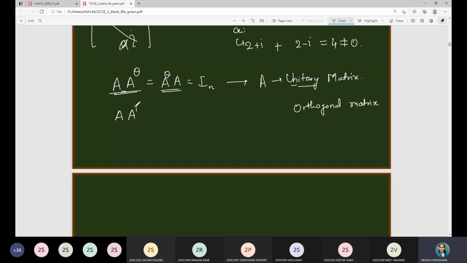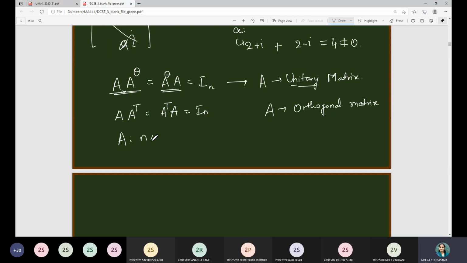And similar to that, suppose A into A transpose, which is the same as A transpose into A, is nothing but the identity matrix, then the given matrix A is called an orthogonal matrix. So unitary matrix means A into A raised to theta is equal to the identity matrix. Orthogonal means A into A transpose is equal to the identity matrix. Now, if